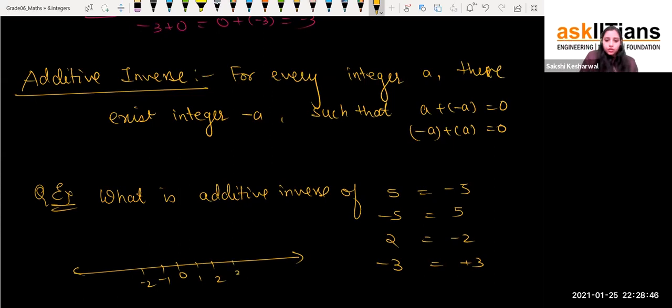If I say 3, then the negative of 3 is what, beta? Minus 3. So minus 3 is what? The additive inverse of 3. And the additive inverse of minus 3 is what? 3. So 3 positions from 0 on the left and 3 positions from 0 on the right. This is the way you have to deal with it, right? So we say that,